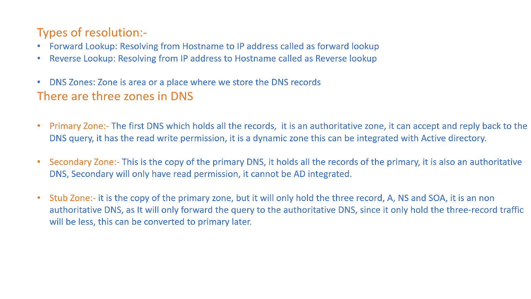But the stub zone is non-authoritative. It will only direct you to the right DNS server. It does not respond back to you. It will only guide you. For example, normally there are two kinds of people. When you ask for an address, some people will directly tell you, you take the bus in Majestic, there you go 100 meters, turn right or left, there you have the metro station. Go to the metro station, take the ticket, get into the metro. Then after the third stop, you will get Jayanagar or Vijayanagar. Like that, people will guide.